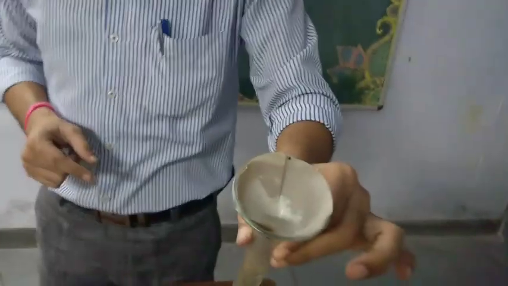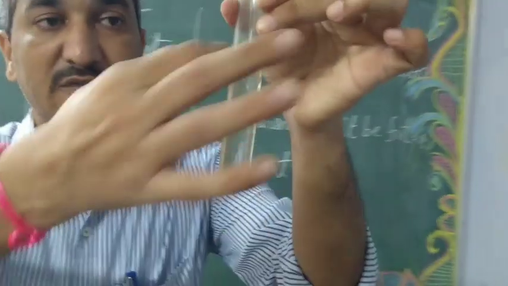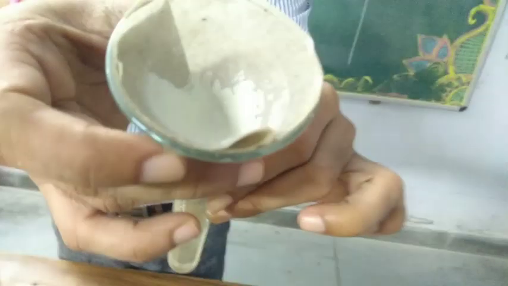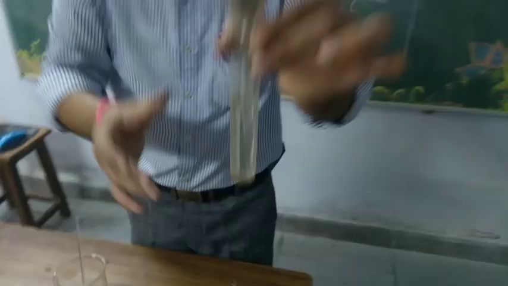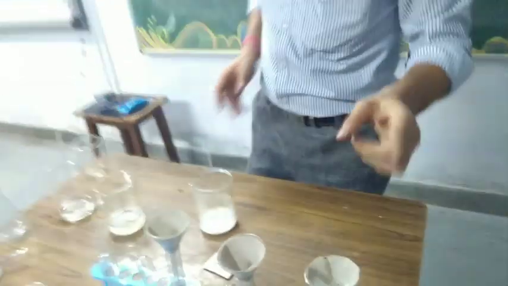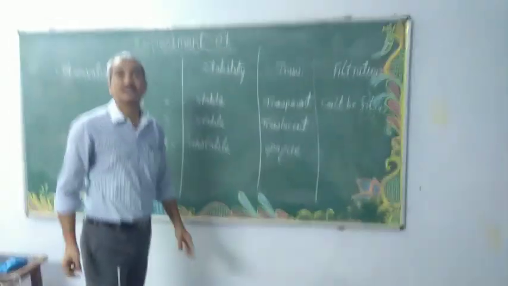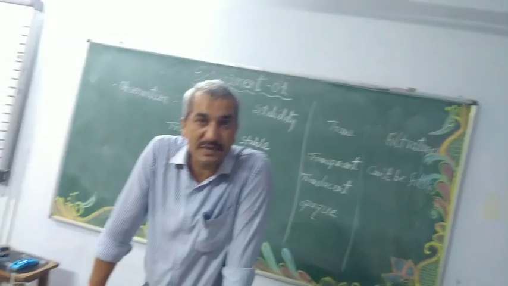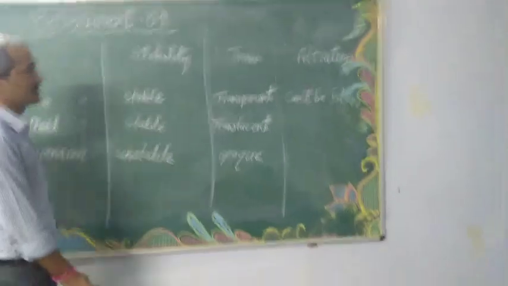And this is the tube of chalk powder solution. This is the mixture of water and chalk powder, and you see the clear filtrate is here, water is separated out, and the filtrate became transparent, meaning no solid particles are here, and you see the solid particles are deposited on this filter paper. Got it? So what do you understand from this? That the particles of suspensions are big enough to be separated through simple filtration. So they can be separated by using the filtration process.